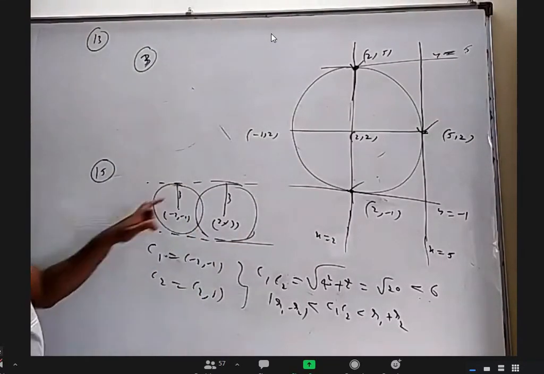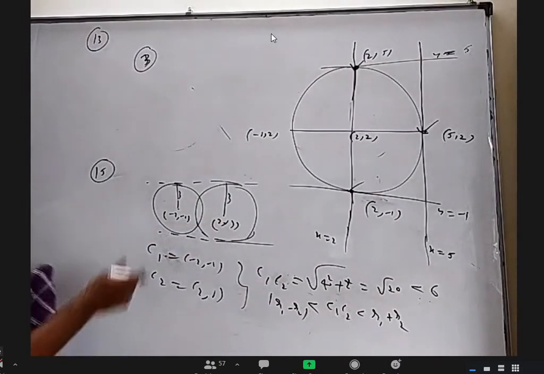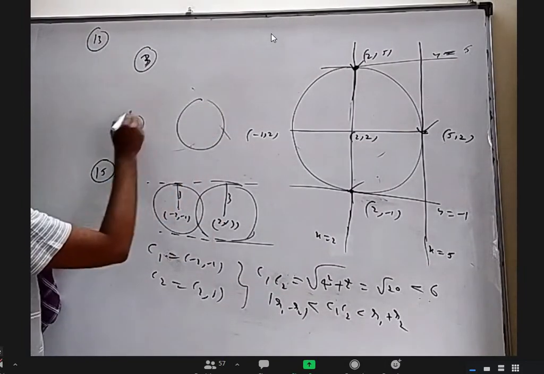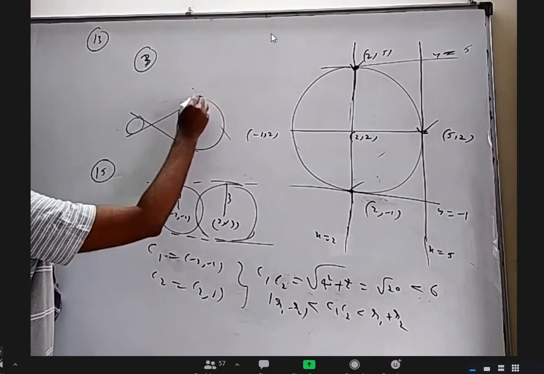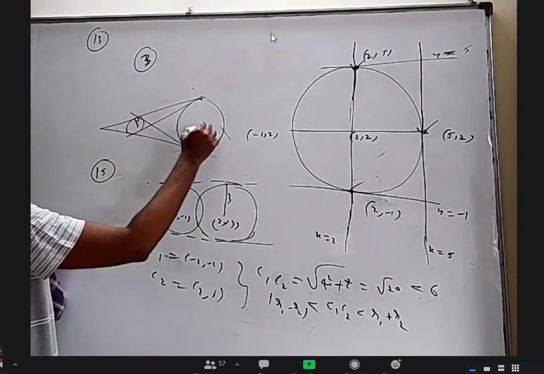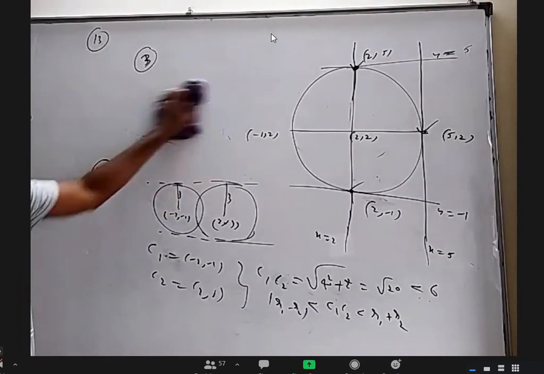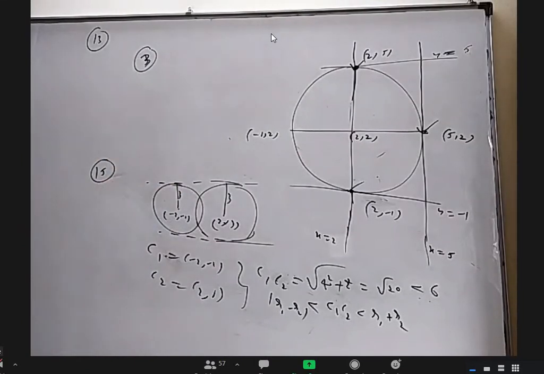If they had given these two different numbers and C1C2 would have been more than R1 plus R2, I would have got 4 answers because there will be 4 such lines like this, like this, like this, like this. There will be 4 lines where this certain distance is what is expected. But here they're only intersecting circles, and we can see in the figure because they have the same radius, the tangents are actually parallel.